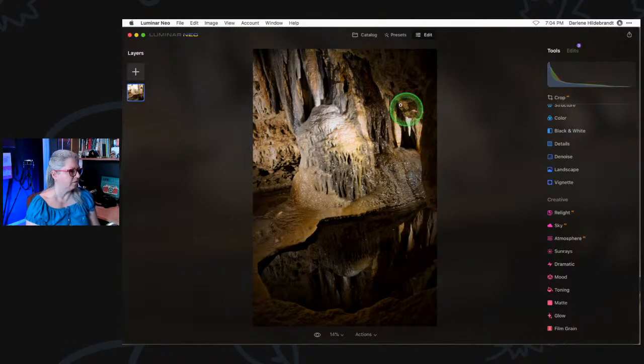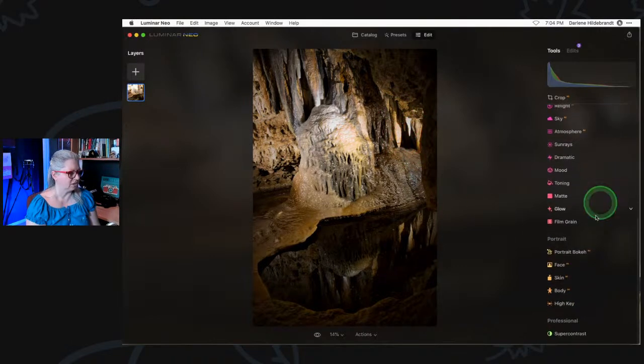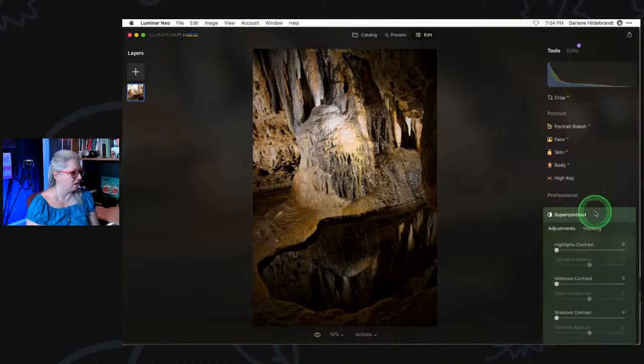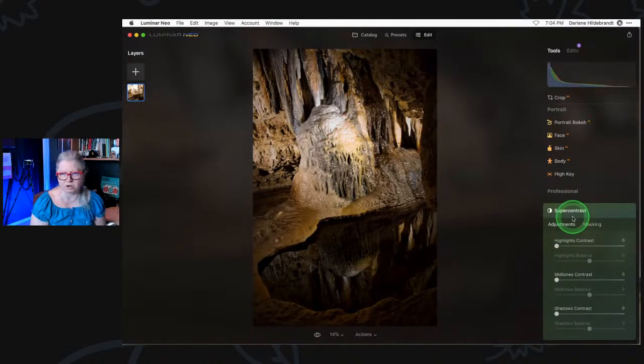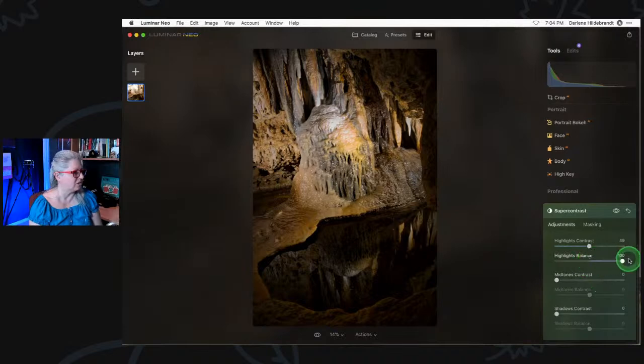Okay. This one over here is really bright as well. So there's another tool that you can use to tone down highlights, and that's the super contrast. Right? So super contrast allows you to add contrast to highlights, midtones, or shadows. Okay, so I'm actually going to dial this to the right because it's darkening the highlights. Okay, and then just go a little bit. And I only want this to apply